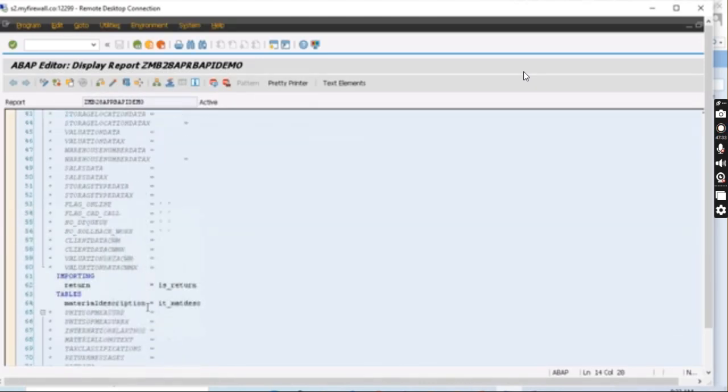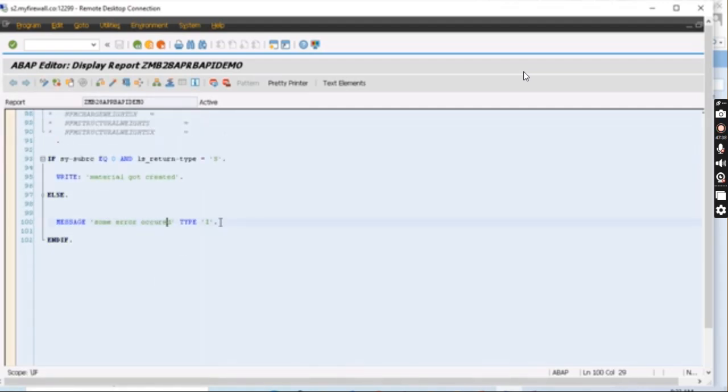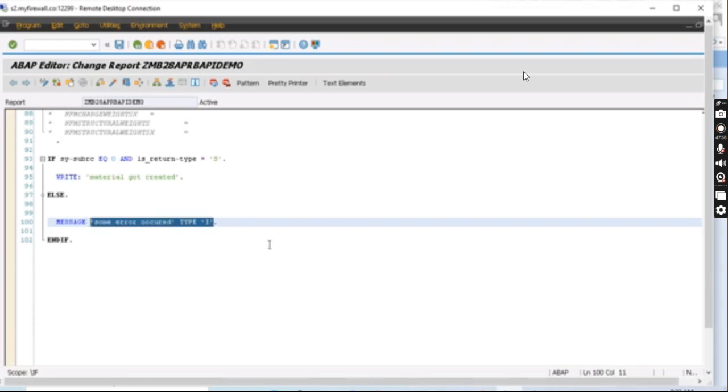The message one is also very important, so I'll just show you. Here, directly on this message, in the last class we were looking into it, it was not stopping over here. Some text is there and type I is there, it was not stopping. As per my understanding it should stop, but let's go and check with the message ID and message number, and see if it's stopping or not. Okay, there we will see.